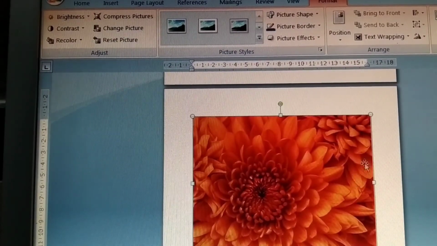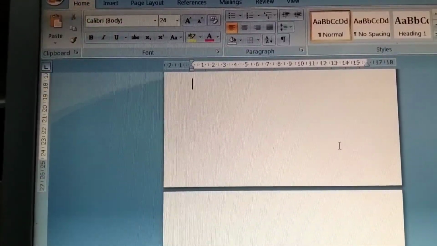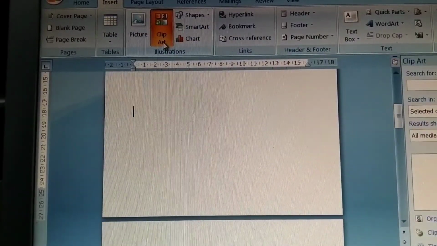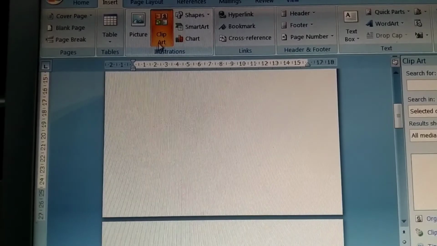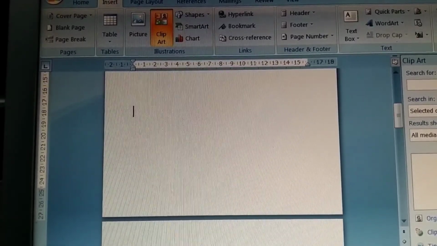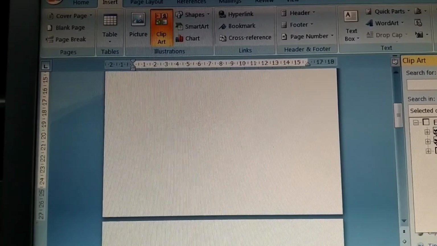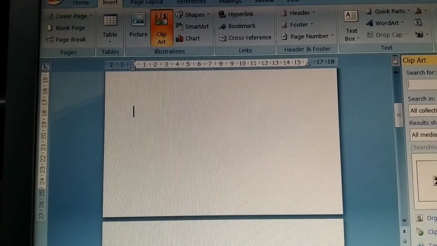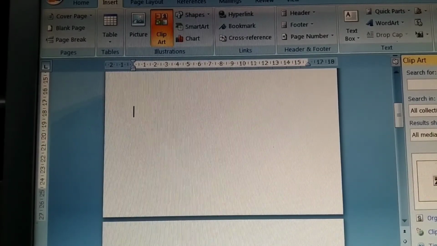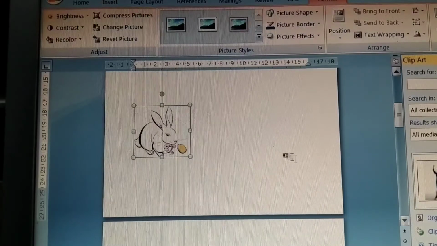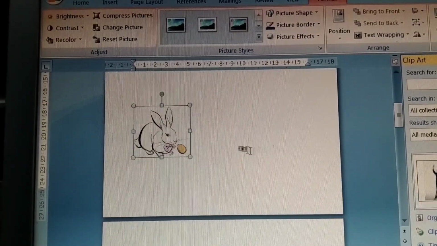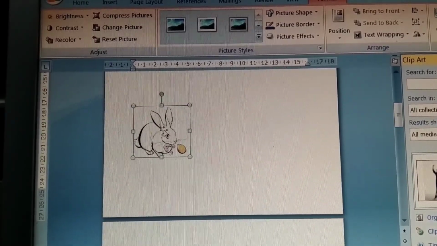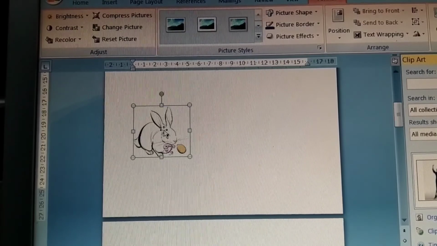Next option is clip art. Now how to insert a clip art? Again we have to go to the Insert tab, where the clip art option is there in the Illustrations group. Here we have to search for clip art related pictures. Select any one picture, scroll the mouse, select any one picture. See, when you select a picture, at that time your picture will come on your Word page. In this way we can insert clip art images also.